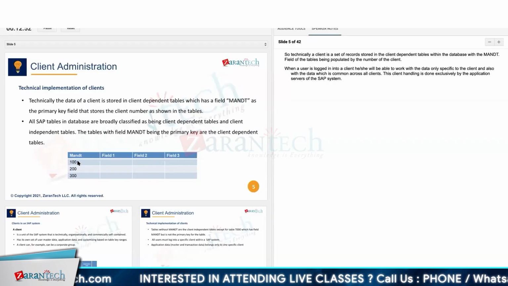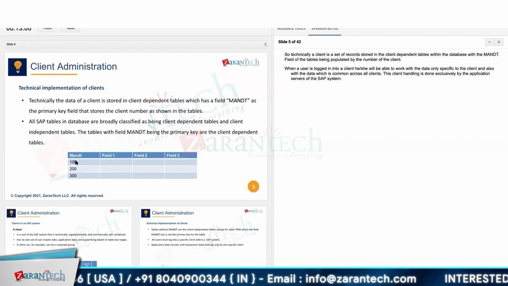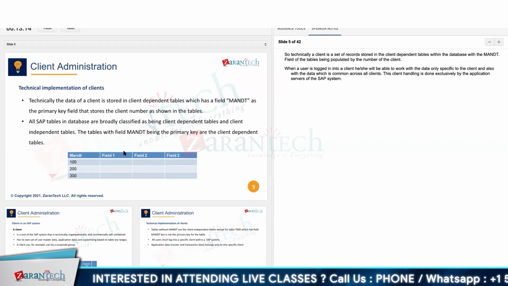Or if it wants to write for the 800 client, whatever you do, I mean, whatever you ran, some background job or whatever it is, the application server will write on the database with the field which has the MANDT. That's it. All the data which happens in any respective client will be in that particular client. So that is how your database segregates the data from client to client, and